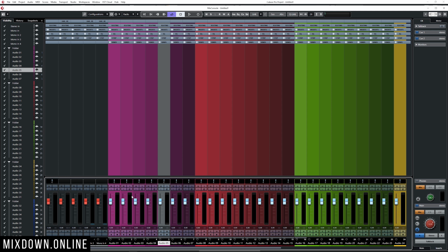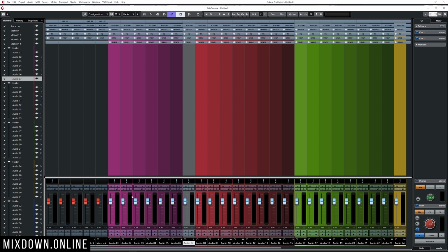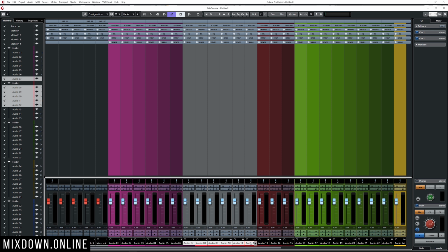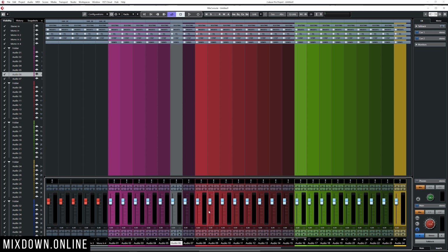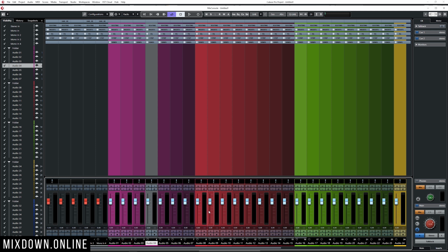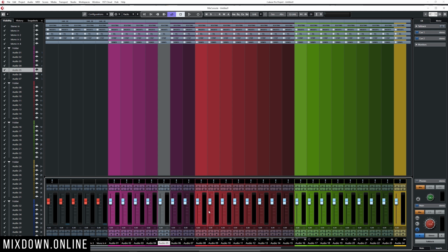So this is going to make it easy for you to know which track is selected or tracks are selected. Okay, so if you select more than one, they're all going to have that gray tone to them. Okay. Now at the bottom of the mix console, we have the name field. Everything is now black. Okay, and this is made on purpose. When you have one track selected, you have that name field brighter at the same time. So it makes it easier, visually speaking, to see what track is selected.